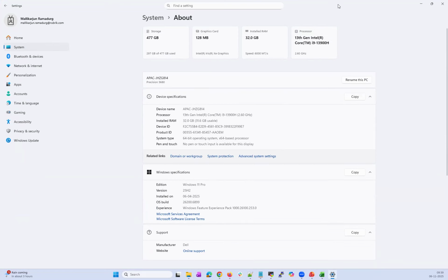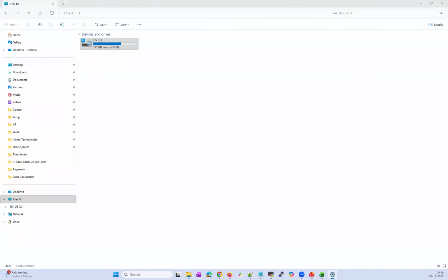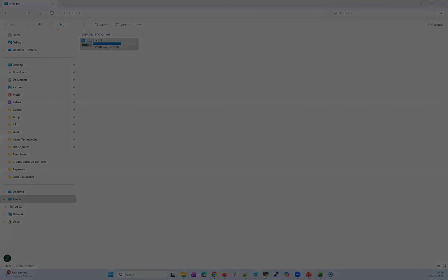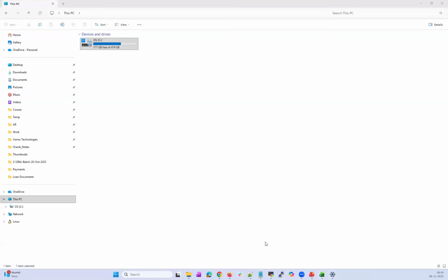Take a look. There are many other options like 32 GB, 64 GB.